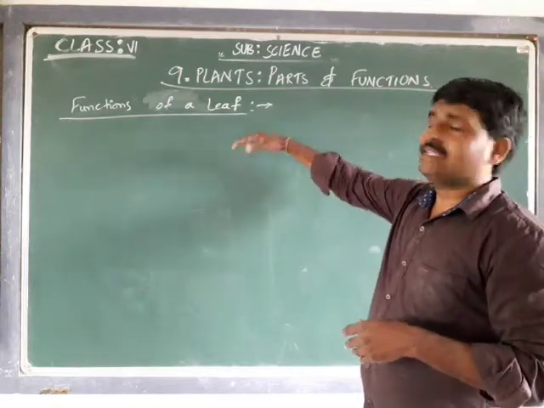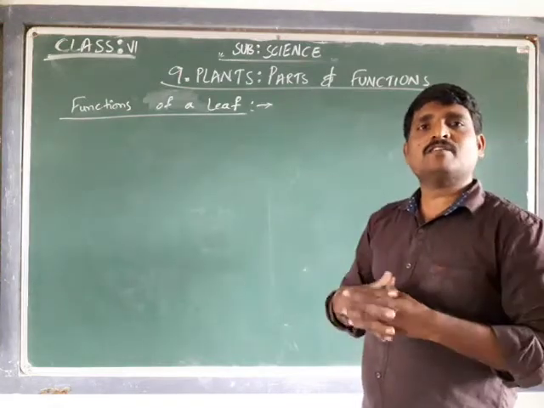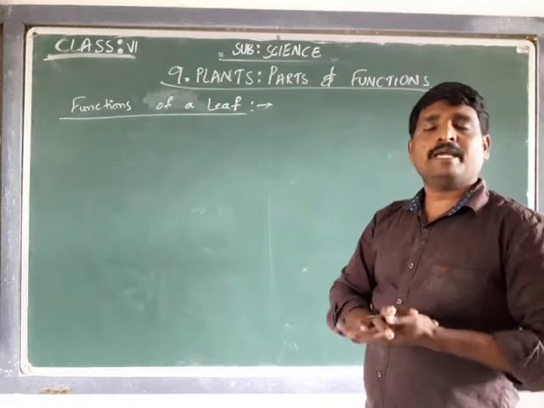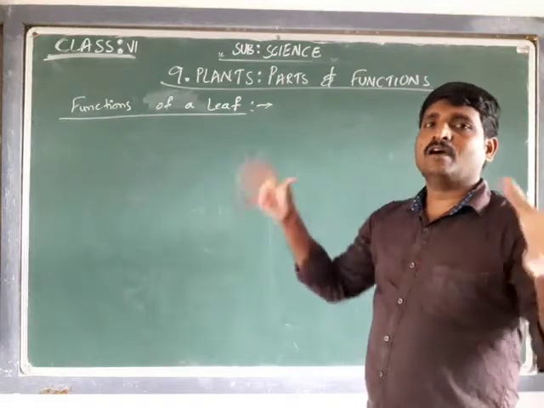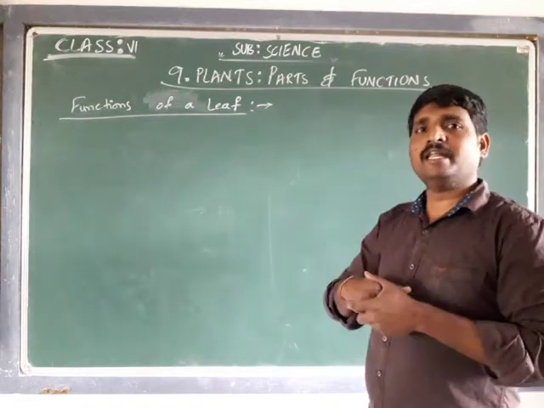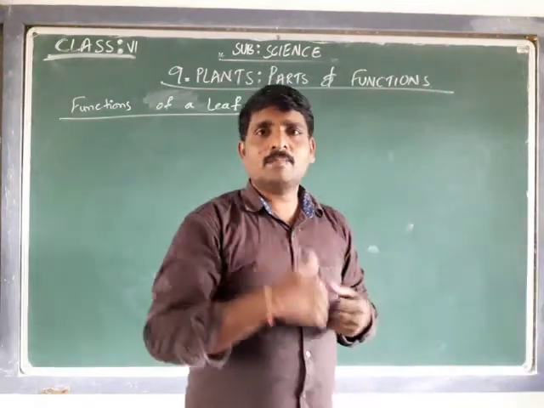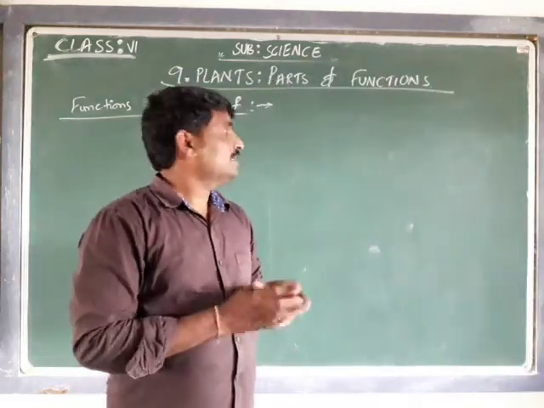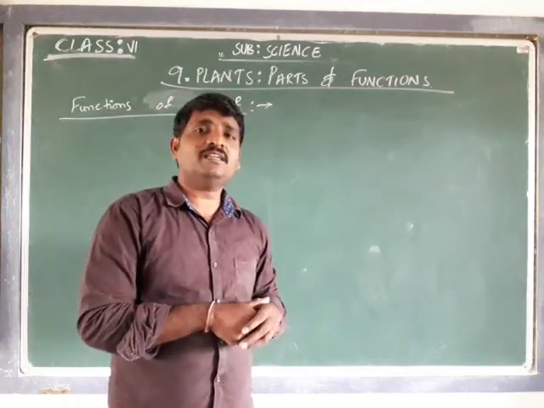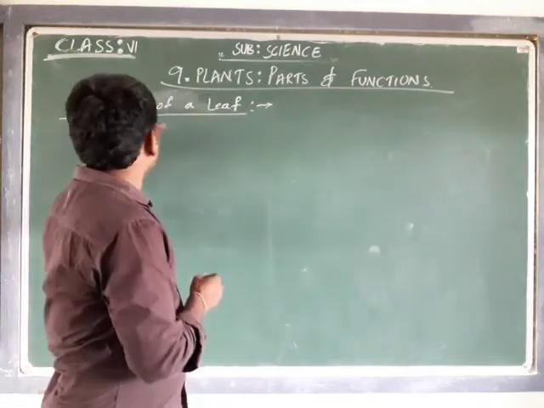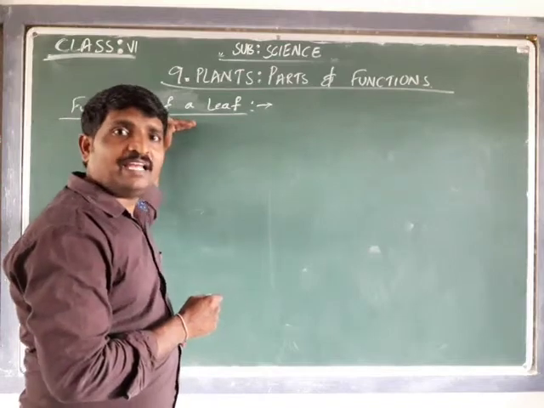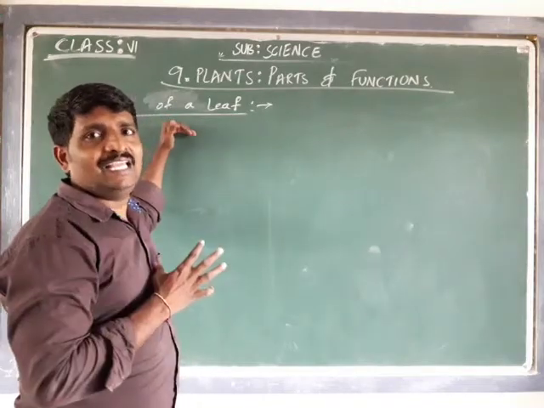Yesterday we saw the leaf and the leaf base, what the lamina and petiole are, the venations, and what the midrib is. We also discussed the functions of the ribs, and what parallel venation and reticulate venation are. We discussed all that in the last session. Now we'll see what the function of the leaf is. What does a leaf do?